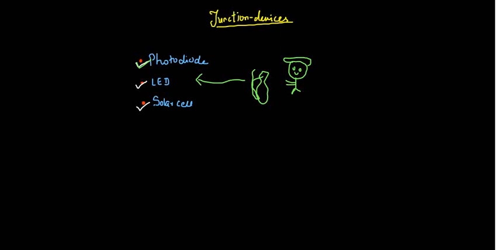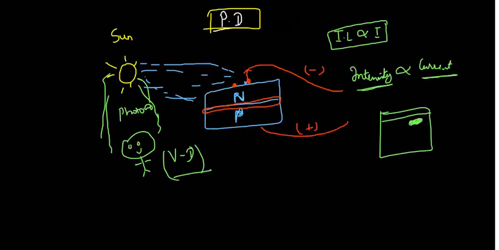As you have learned about photodiodes, the light falls, electrons get excited, and the intensity is proportional to the current. Now it's time to learn about the